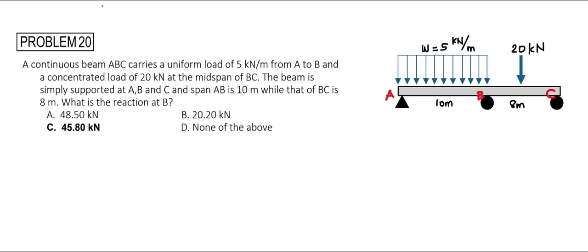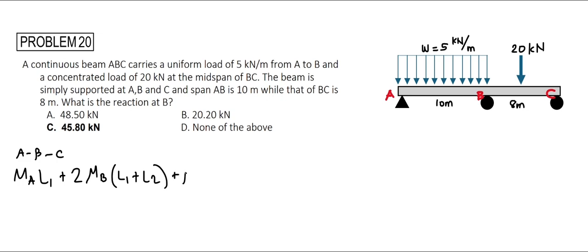And to solve this problem a lot easier, given an indeterminate beam which is a continuous span, we will utilize the 3-moment equation. So considering span A, B, and C, we can formulate our 3-moment equation that is given by the expression M sub A times the length of the beam on the left side of B, let's call this L sub 1, plus twice the product of M sub B times L sub 1 plus L sub 2, that is the length of the beam on the right side of